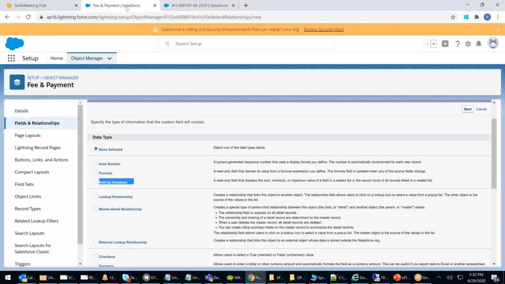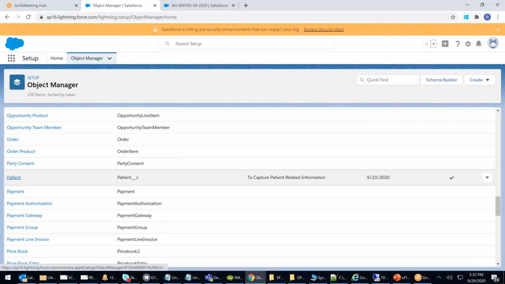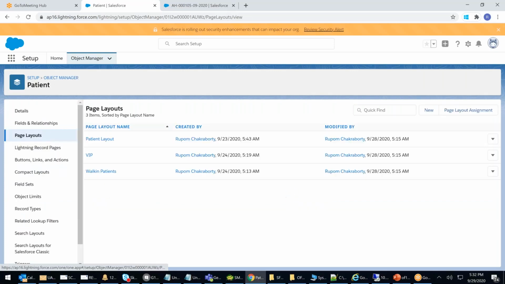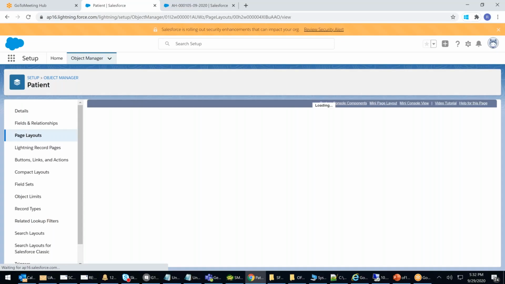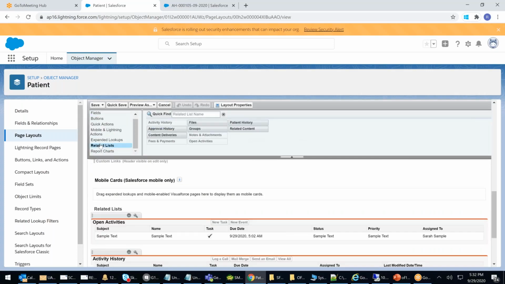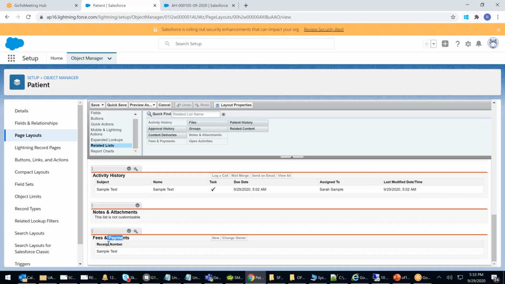Go to the patient object, object manager, patient object. Click on page layout. Which page layout is getting loaded for me? The patient page layout is getting loaded. Let's assume I open the page layout. Go to the related list. Here you will be able to see fees and payment. It's only showing the receipt number. Click on this icon